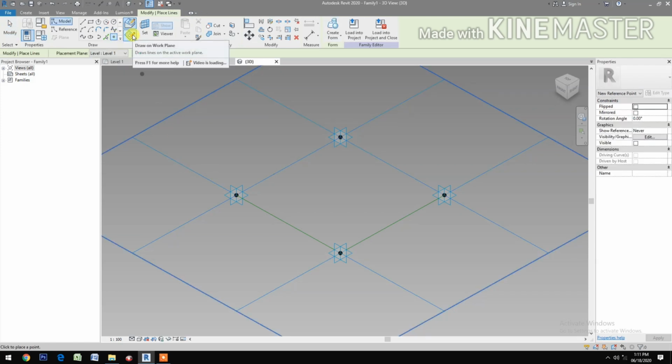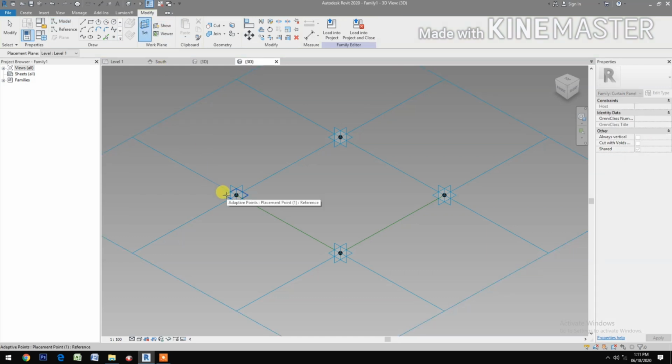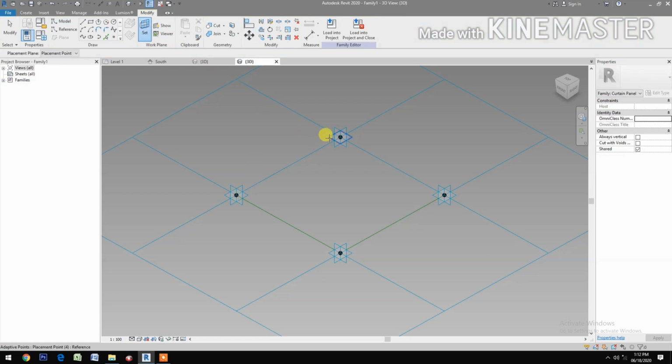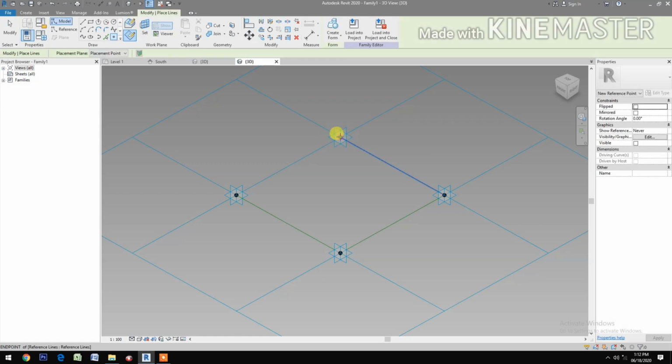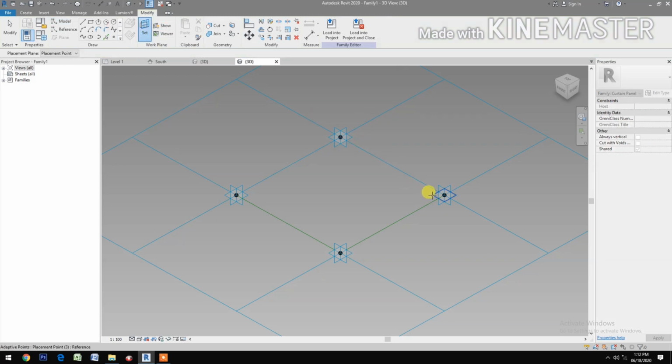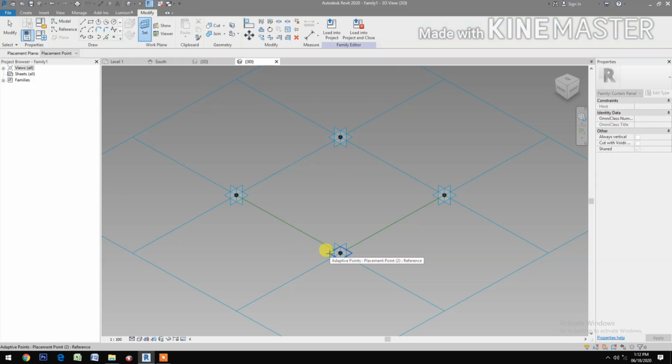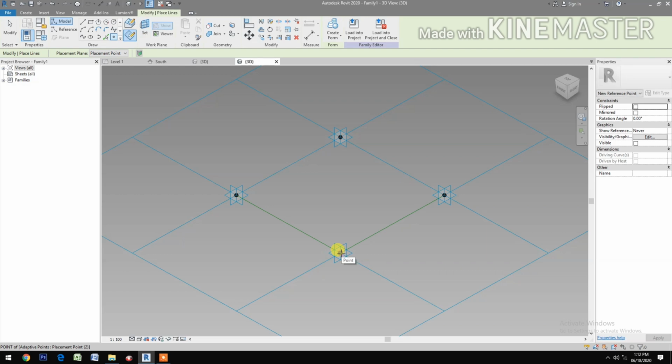select draw on work plane, set work plane, set this plane, pick reference point, set work plane, set this plane, pick reference point, set work plane, set this plane, pick reference point, set work plane, set this plane, pick reference point. Cancel the command,